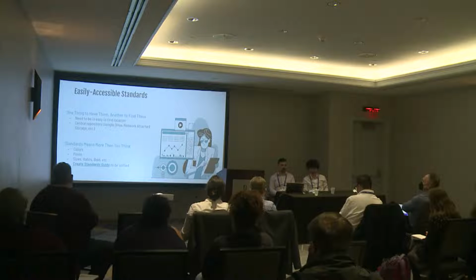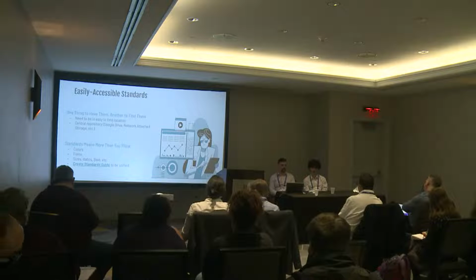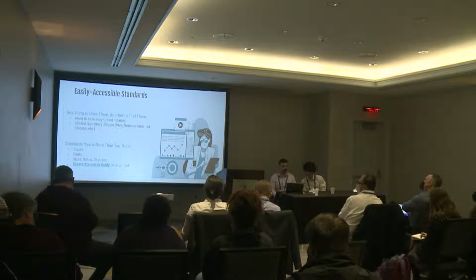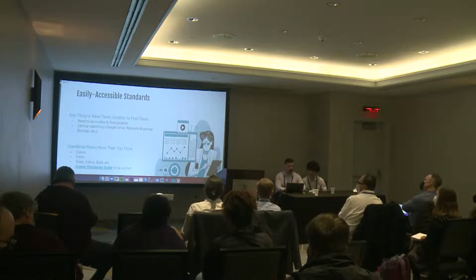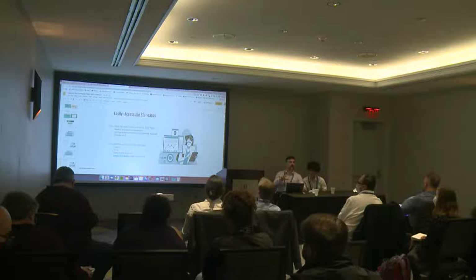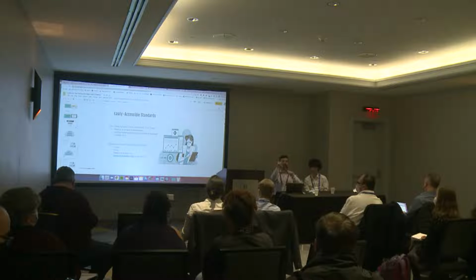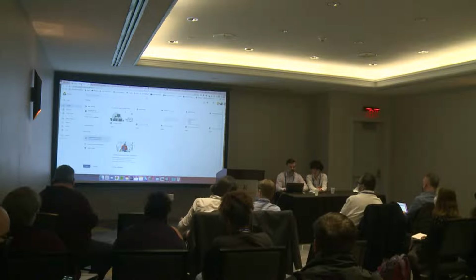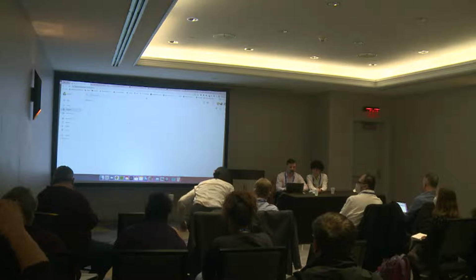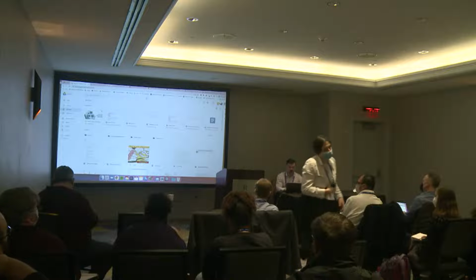For us, that ends up being mostly Google Drive. But while we're in the classroom, we do use network attached storage as well. A network attached storage is where we have a local area network in our classroom, and there's a hard drive array where students are just accessing all of those standards. To give you an idea of what that looks like on the back end of our workflow here,